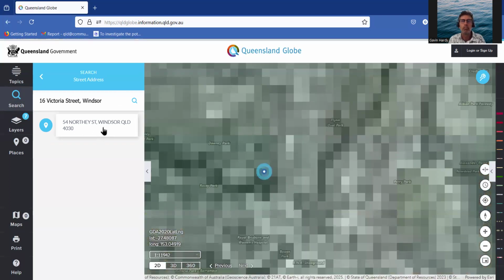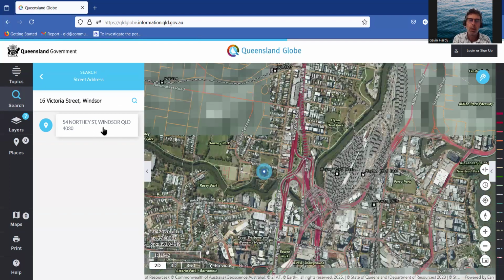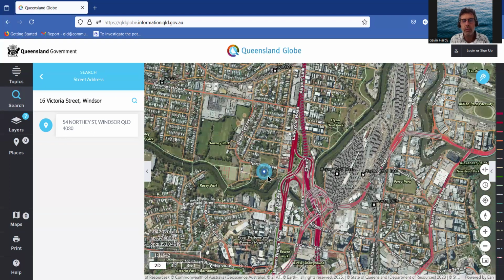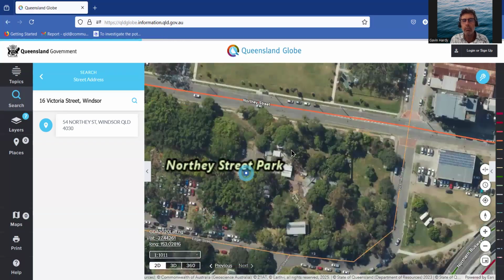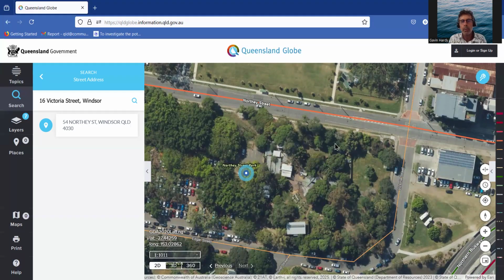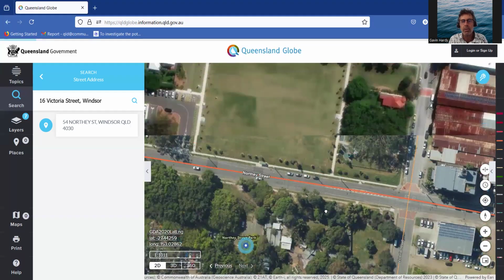Click on that, and you'll see the dot in the center of the screen there. If I drill down, and there we have Northey Street. We've found that fairly quickly. Now we could do some measurements of Northey Street, but I think it'd be a bit more interesting for you guys if we just go to a real life